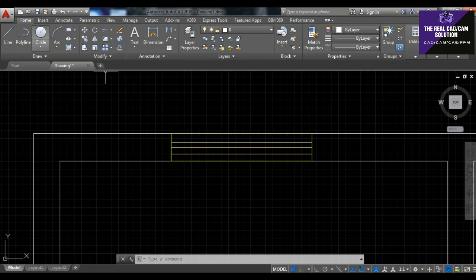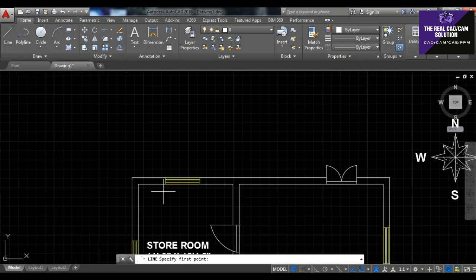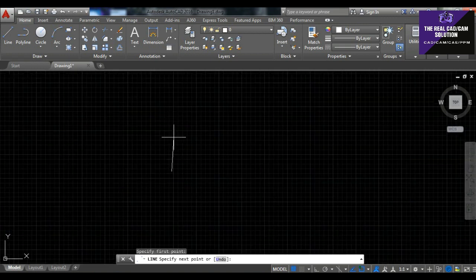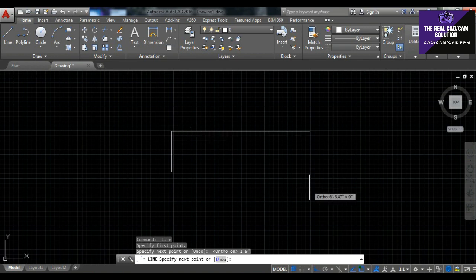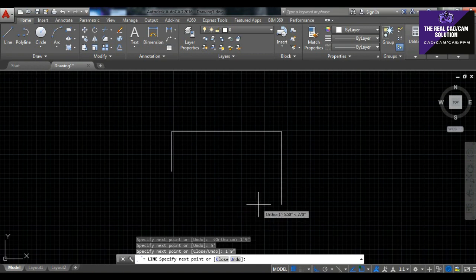My window section is 4 feet by 4 feet. I choose 5 feet across over the window because it bisects into a 6-inch left side spacing and a 6-inch right side spacing. That's why I choose 5 feet. Here I choose 1 foot 9 inches long distance, and then here I choose 5 feet, and here 1 foot 9 inches. Okay, it's presented over here.